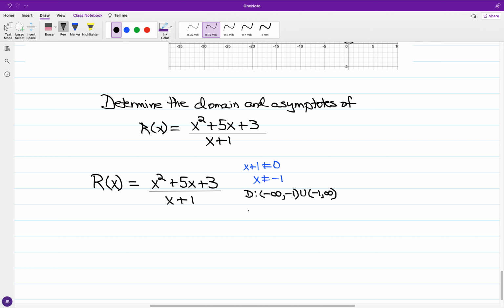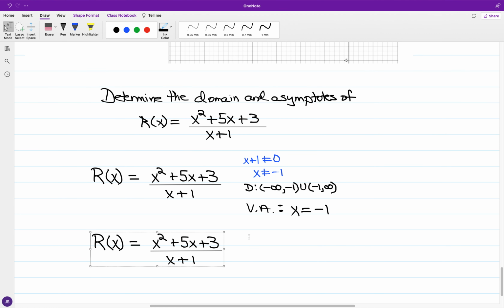And so we're going to have a vertical asymptote. The ratio is already in simplest form. x plus 1 is not going to cancel out. So there's going to be a vertical asymptote at x equal to negative 1. Now, for the rational function,